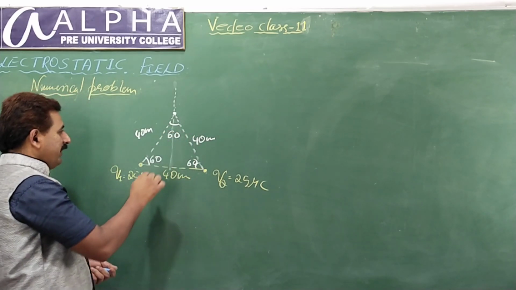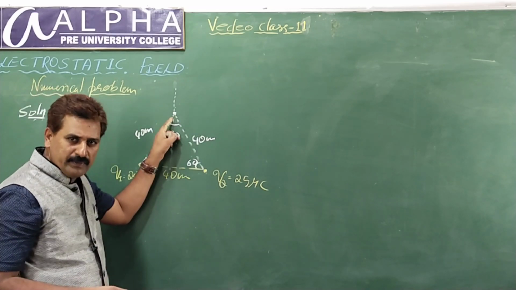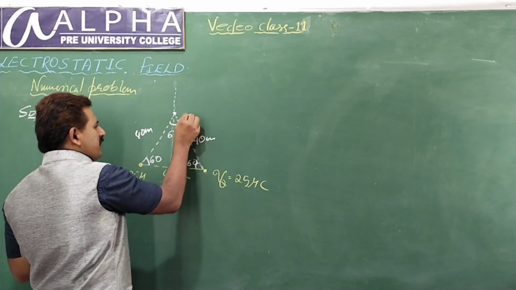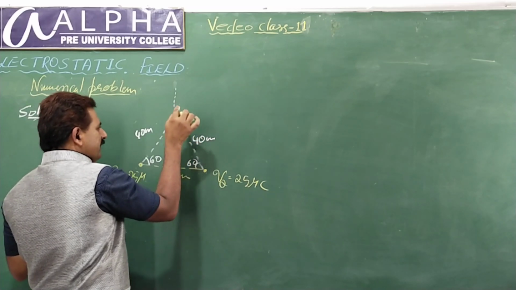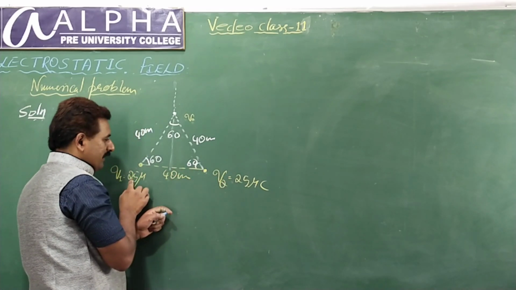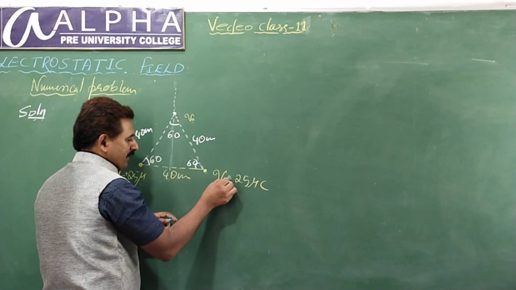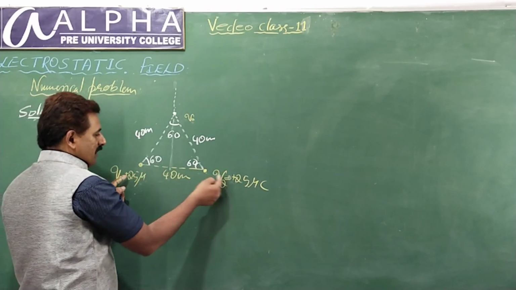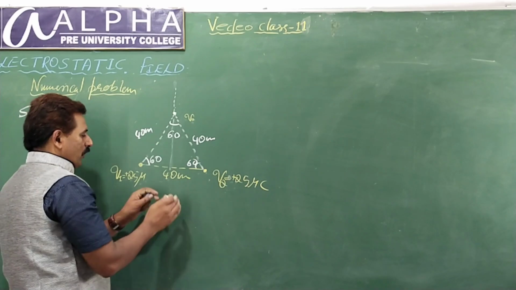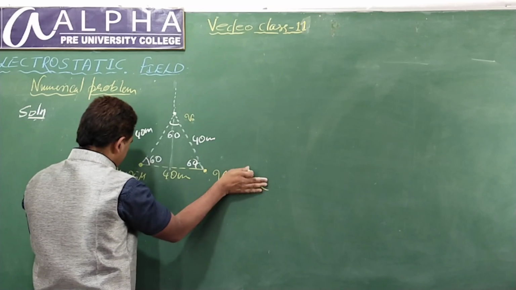What you have to find? You have to find the electric field at this point. What is field? Field is the force experienced per unit positive charge. Think that there is a unit positive charge placed at this point. This unit positive charge experiences force by this as well as this. What are the natures of these two? Both are positive. Since the nature is not mentioned, take positive. As both charges are positive, they exert a repulsive force on the unit charge. When you are considering the electric field of this, ignore this. It is not there now.